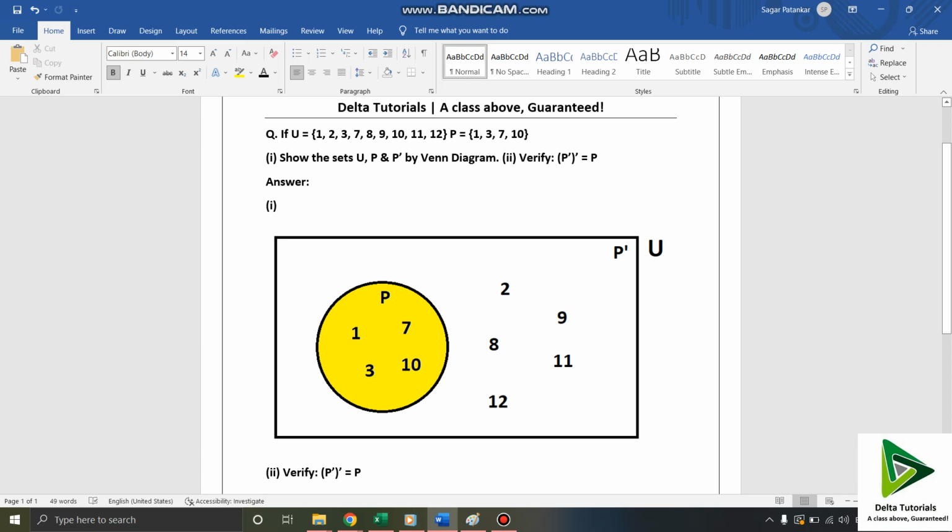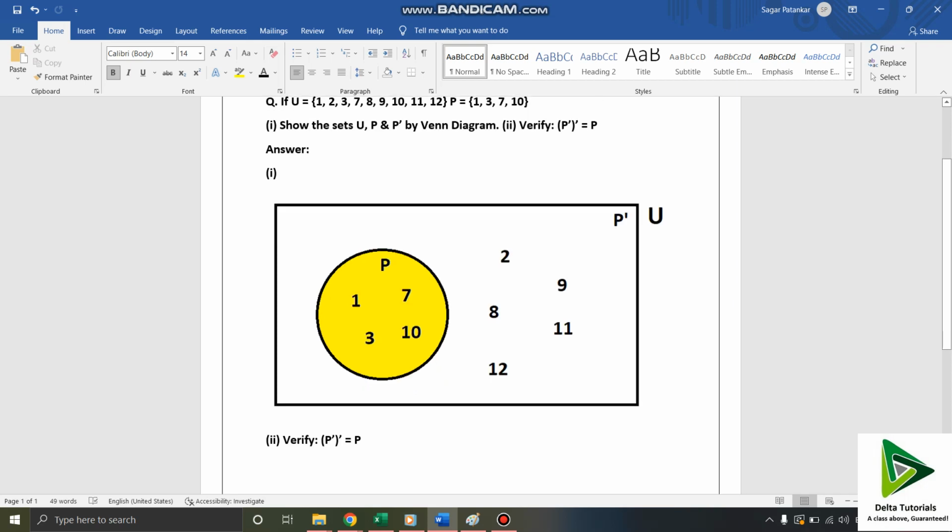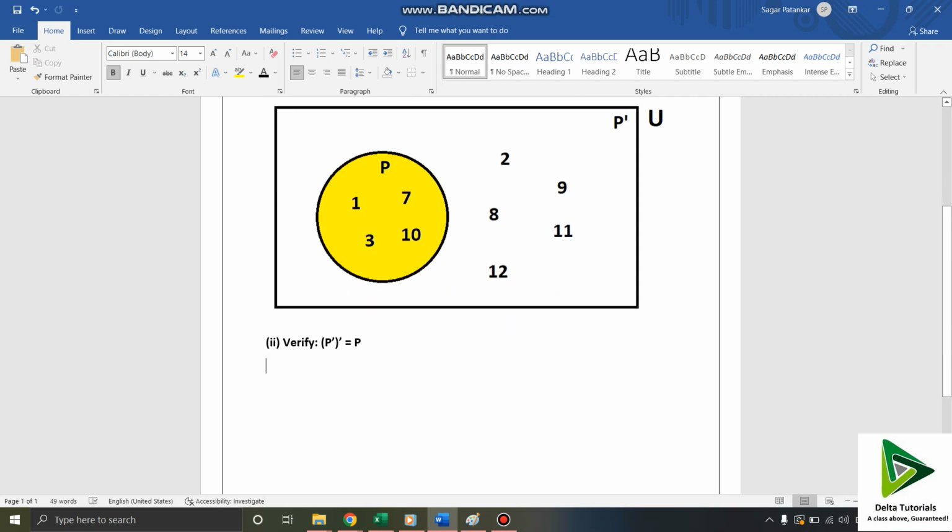Now the second thing, we have to verify that the complement of P complement is equal to P. With the help of the diagram drawn above, we can easily verify that P dash dash, we can say the complement of the complement, is nothing but the set P. First of all, we are going to write the set which is given in the question. P is equal to,